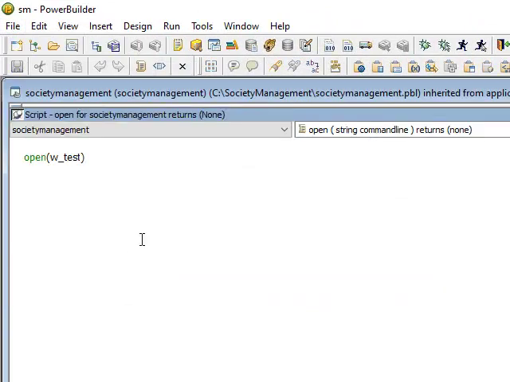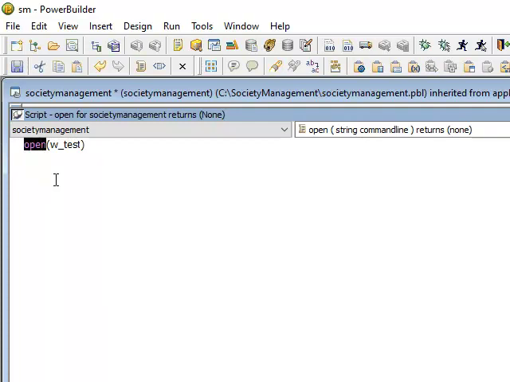If you look at this one here, this is my PowerScript. Open is a function which is used to open a window. As I told you, the application object is the starting point of a PowerBuilder application.